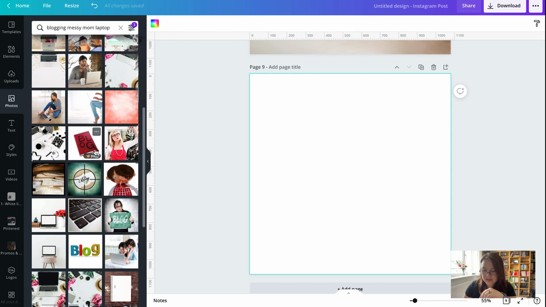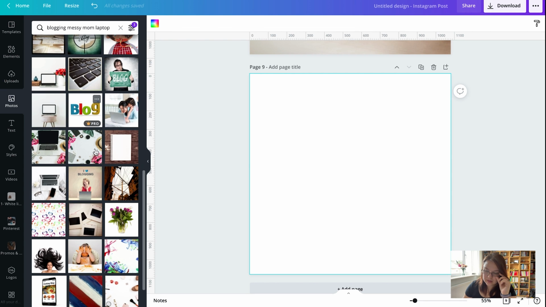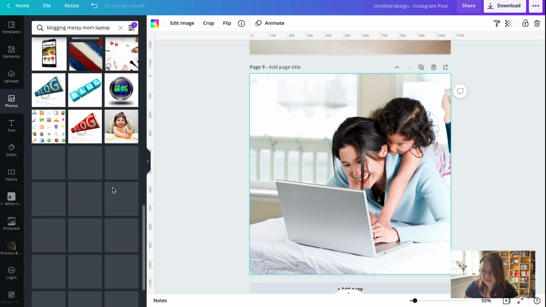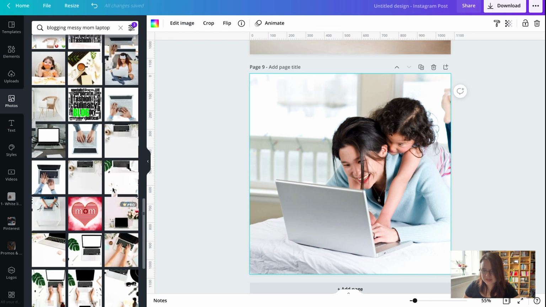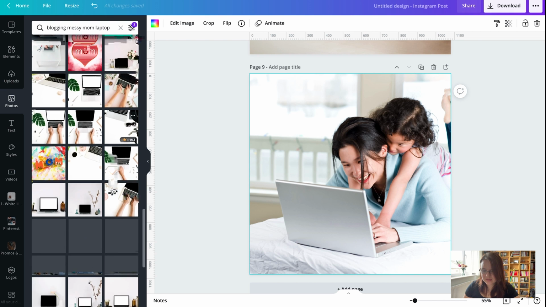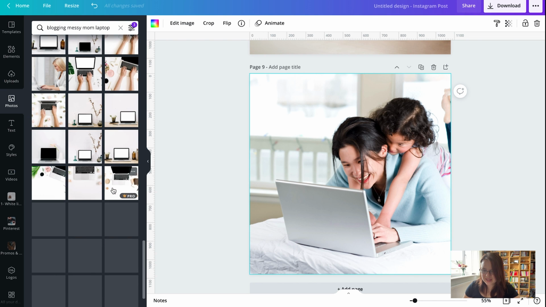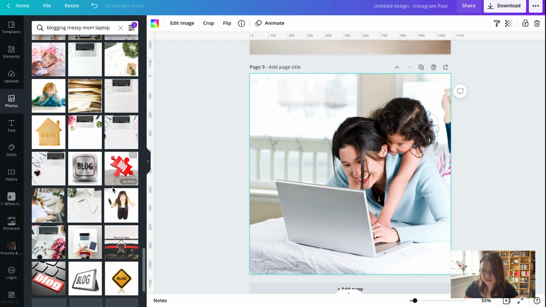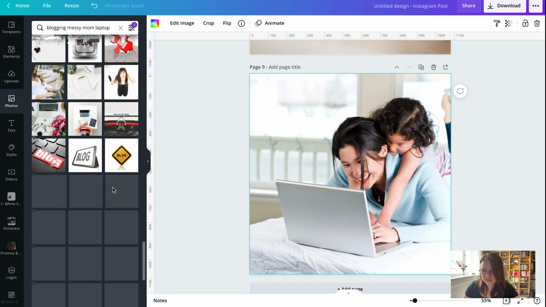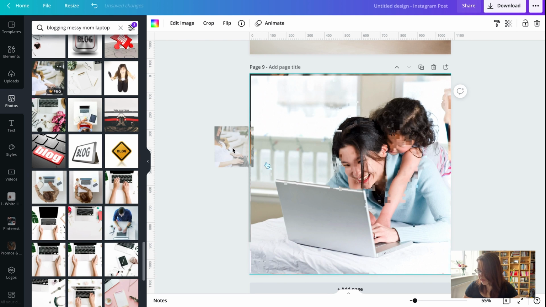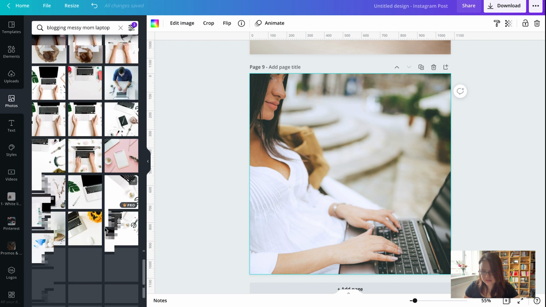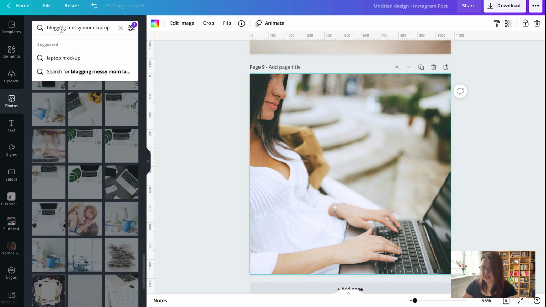Let's see if we can find something that fits what we want it to be. Okay, so I think that's quite a reality of trying to blog and getting frustrated, giggling, but getting frustrated with your kid. So you get a lot of these overlay things, hands on, blah, blah, blah. These are quite generic. Yeah. I don't mind that, blogging on the go. I'm not quite sure it tells exactly the story I want it to tell. Let's take blogging out. Messy mom,